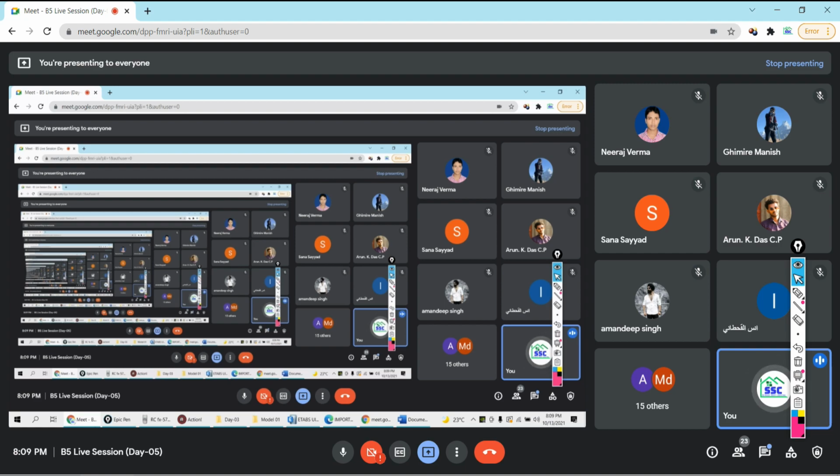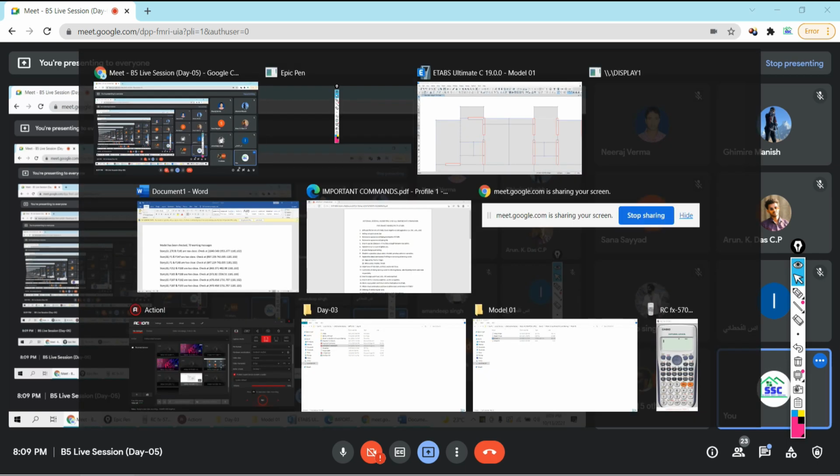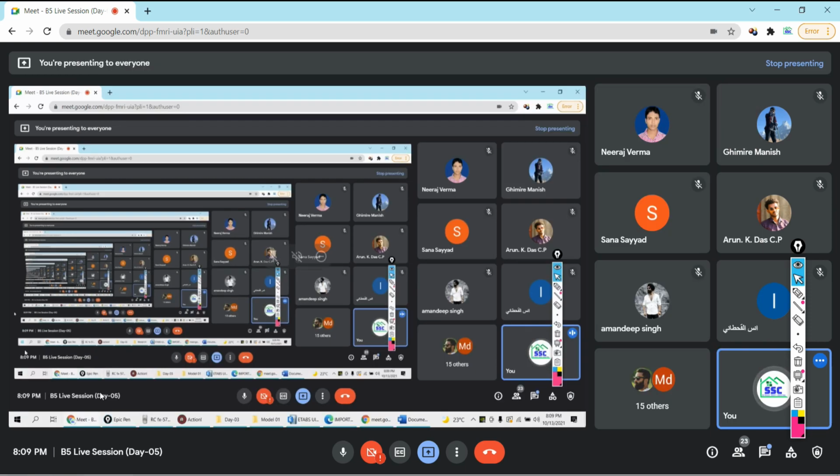Without correcting the model, if you go for the analysis, your analysis will be wrong. As you have seen, the beams are not connected to each other. The slabs are outside of the beam, and slabs are not connected with the beam. So how will the load transfer? You have to take great care in correcting your model. Got it? Don't make the mistake. So I hope you all understood how to correct the model.